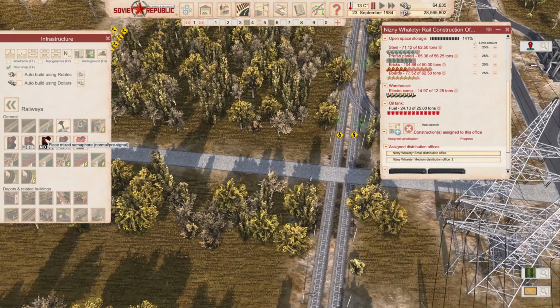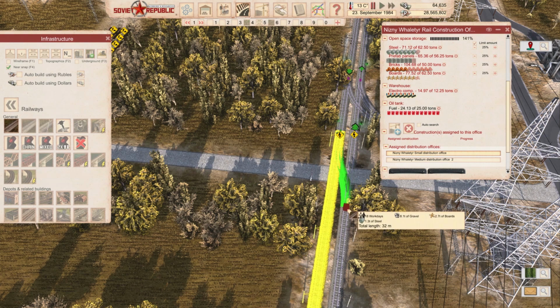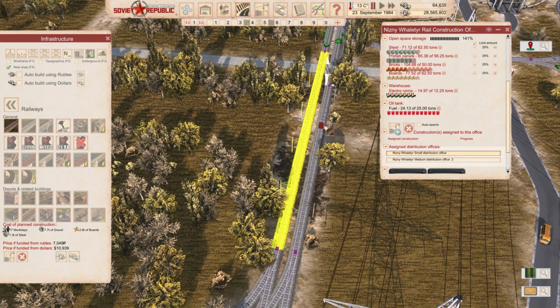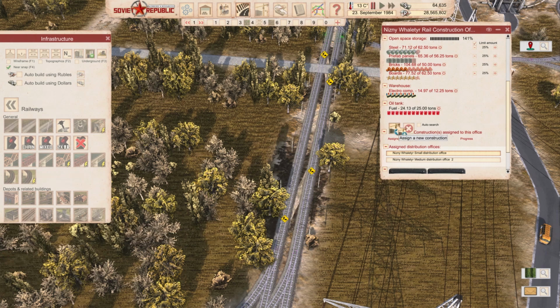So you come from the right hand side, and you need to go to the left hand side. Let's give you that option. Let's do this. So you have it here. Now you have to go in the opposite direction. You have to go from this hand side to that hand side. So you need to go from this direction. Let's give you that option. Perfect. So this construction office needs to construct this first, and then